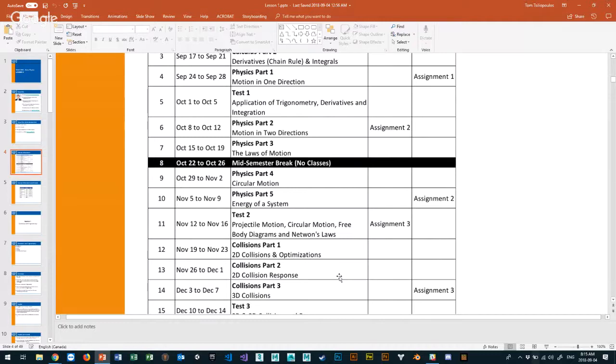Again, I'll be posting these slides. You'll have this schedule. Please use this as your Bible, right? So if it says there's going to be an assignment, it's going to be an assignment. Typically in the past, I've had lots of quizzes and that kind of thing, but I find it's really overwhelming for some people to have a quiz every single lecture.